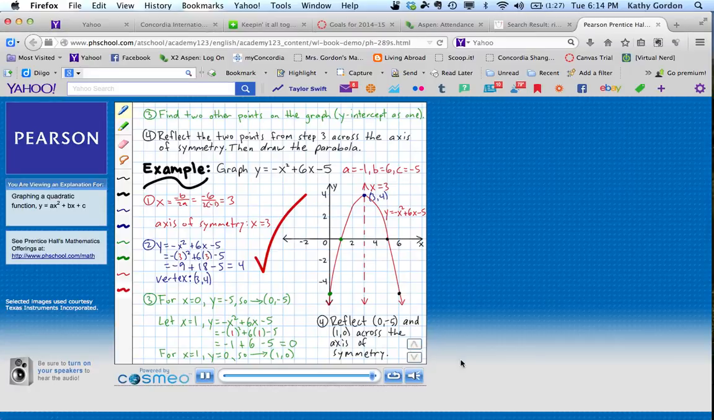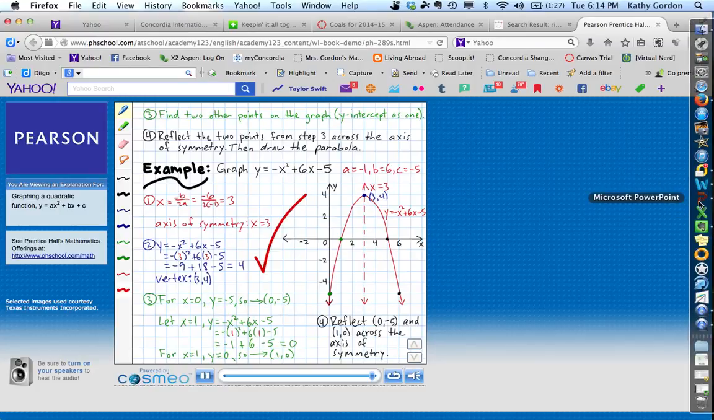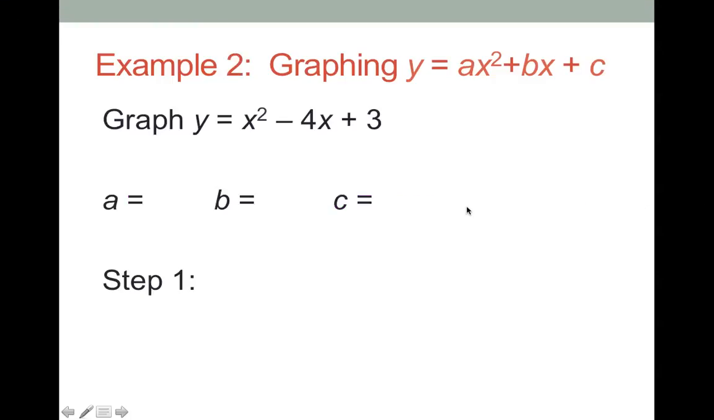All right, so let's go back to our PowerPoint now. So let's try a similar problem a little bit more quickly now that we have an idea of what we're doing. So we have y equals x squared minus 4x plus 3. If we identify a, b, and c, we can use a and b for step 1, which is to identify